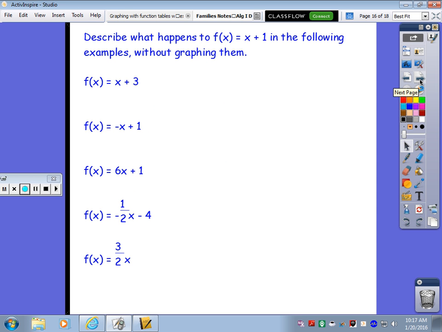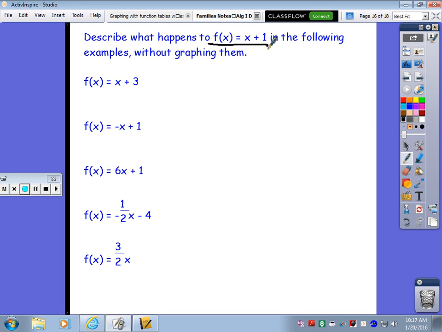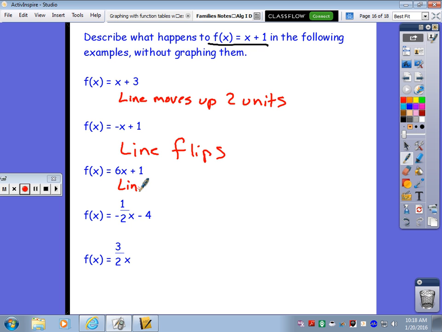So now we're going to describe what happens to our parent line, which in this case is going to be y equals x plus 1. What's going to happen when instead of x plus 1, it's x plus 3? Well, our slope stayed the same, so it's going to be parallel, but the line moves up 2 units. Okay, now if we take our parent and we go y equals negative x plus 1, the y-intercept stays the same, but the line flips. Here we have y equals 6x plus 1, so the y-intercept stayed the same, but the line gets steeper